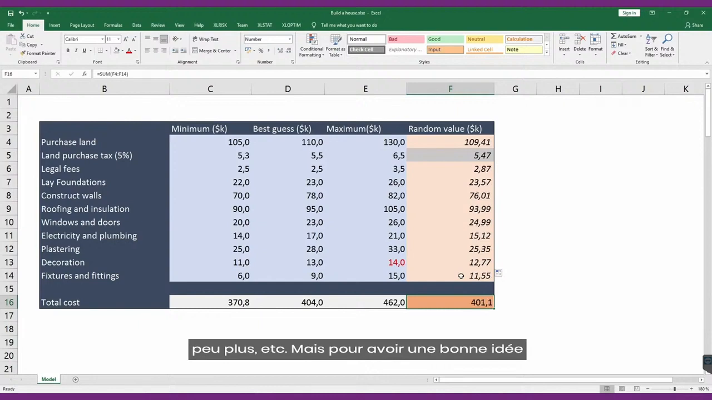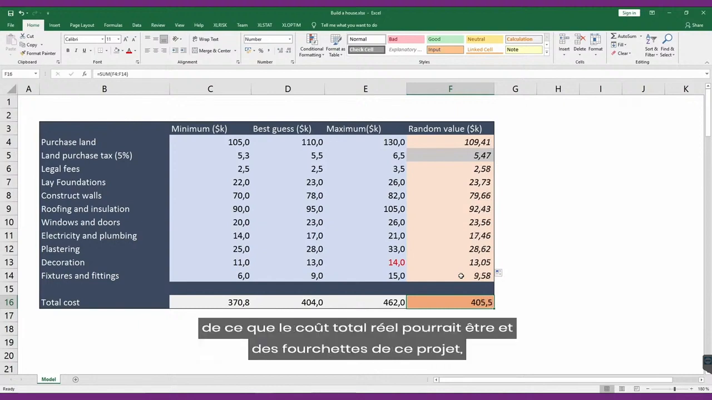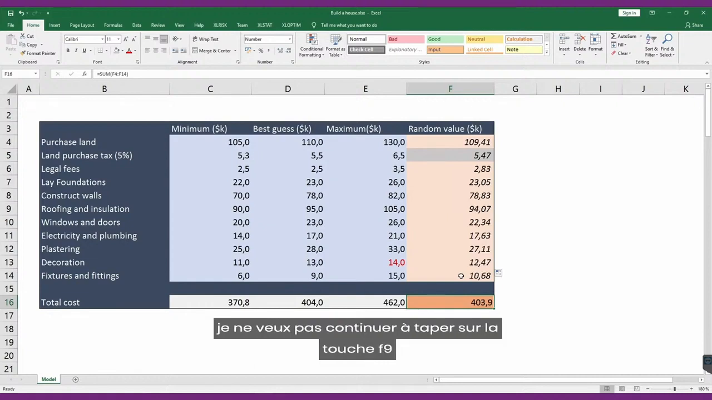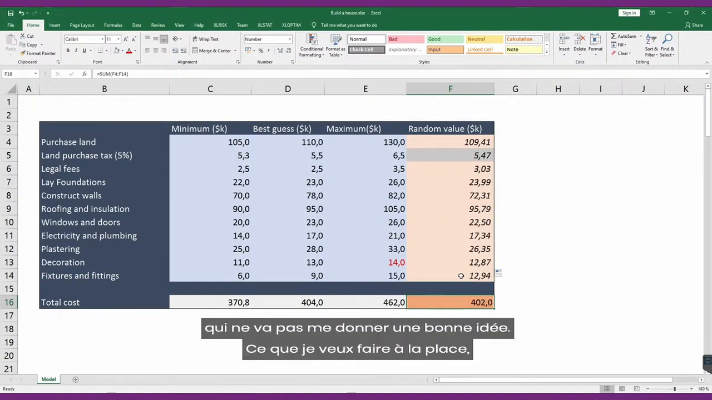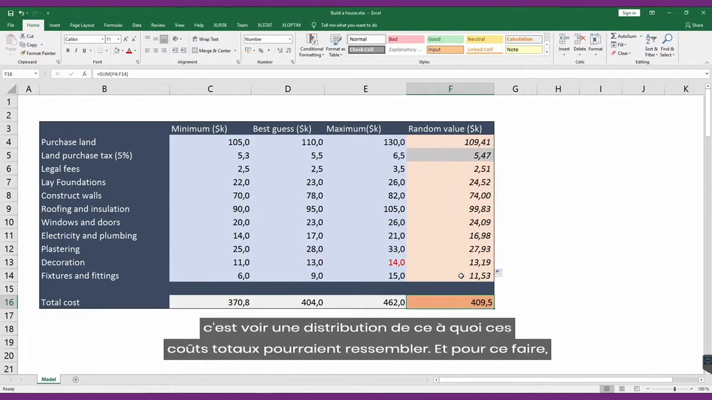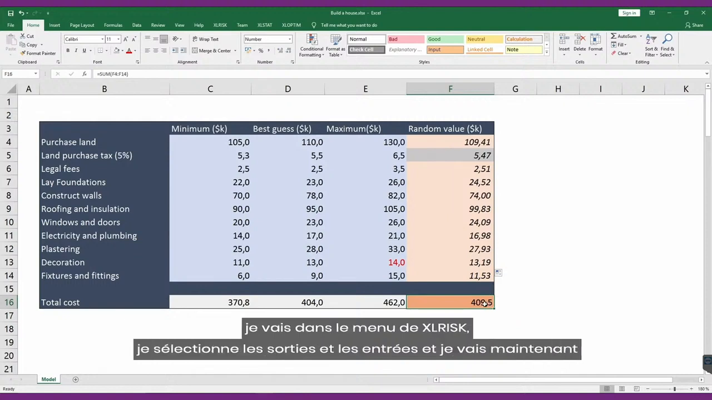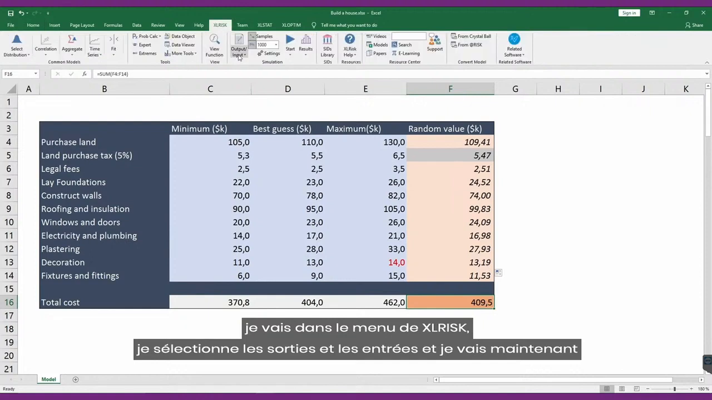But in order to have a good idea of what the real total cost might be in the ranges, I don't want to just keep hitting this F9 key. That's not going to give me a good idea. What I want to do instead is see a distribution of what those total costs might look like. And to do that, I go into the XLRISK menu, I select outputs and inputs, and I'm now just going